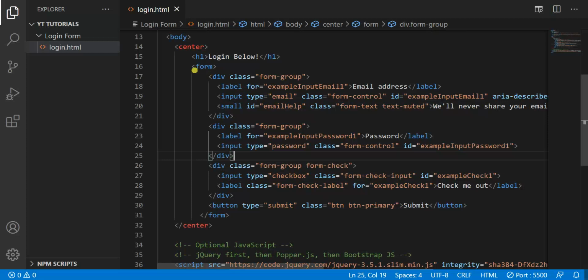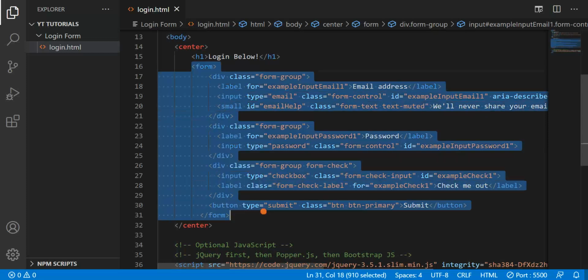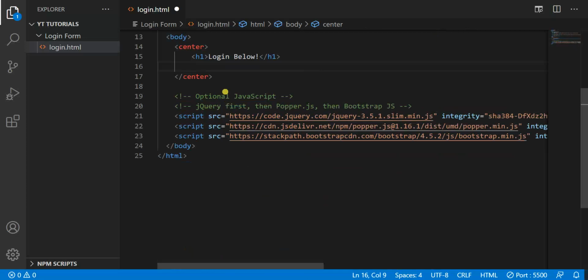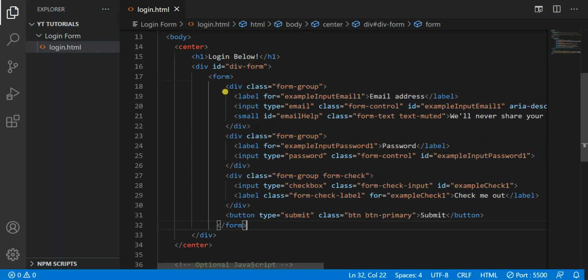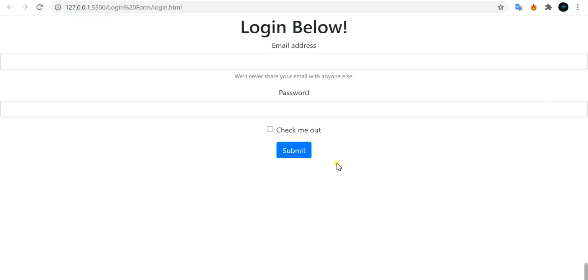So let's first cut this form and create a division tag with its class equal to col-md-4. Now let's paste the form inside it, and if you save it again, you will see everything is the same as it was previously.